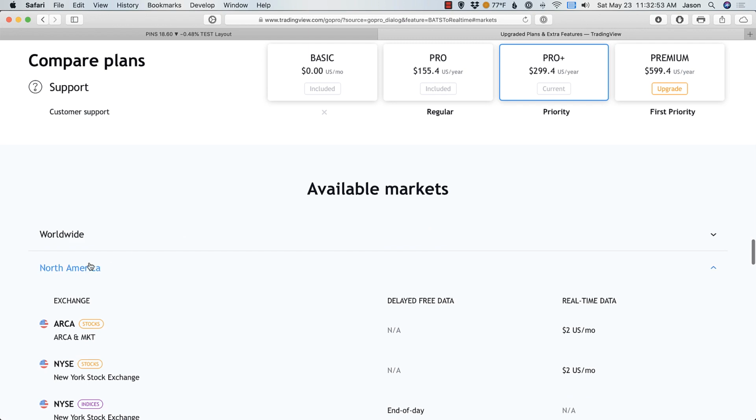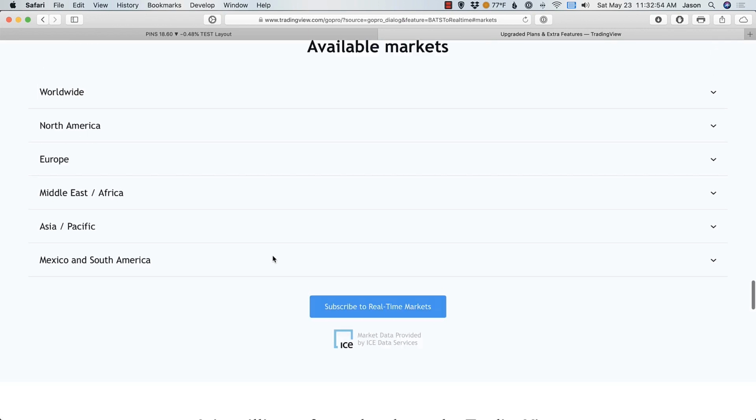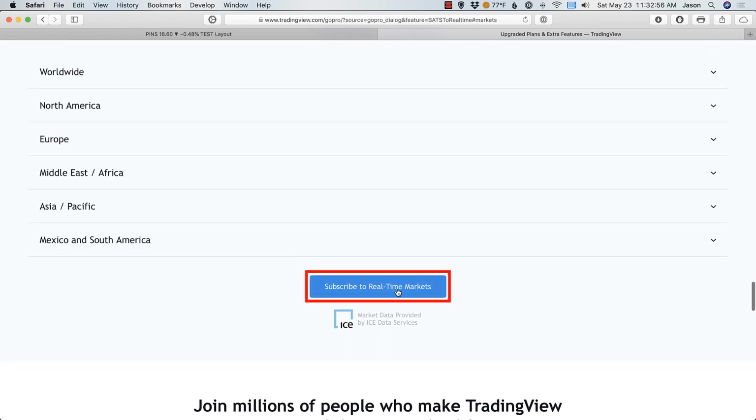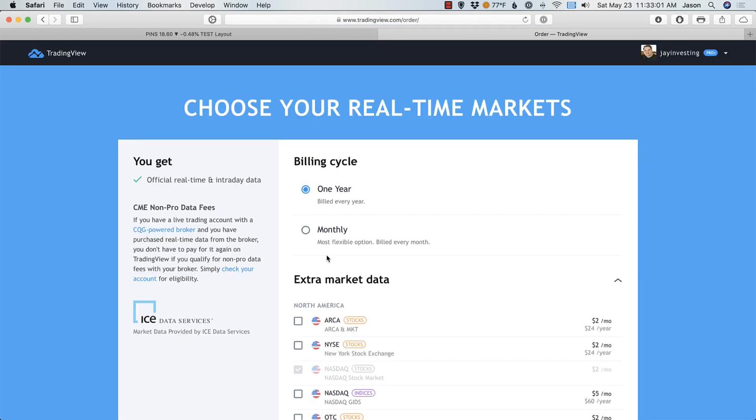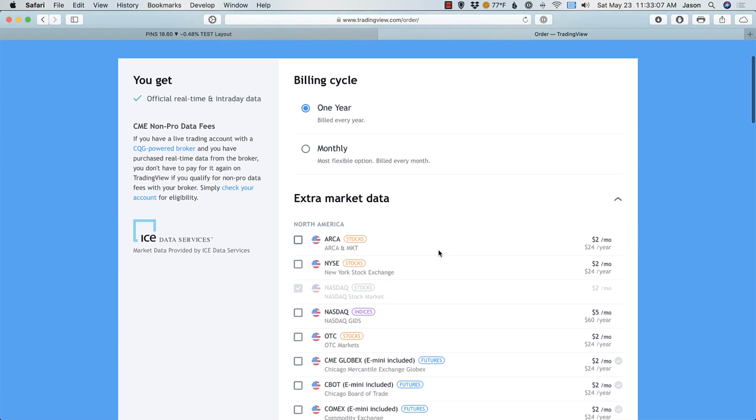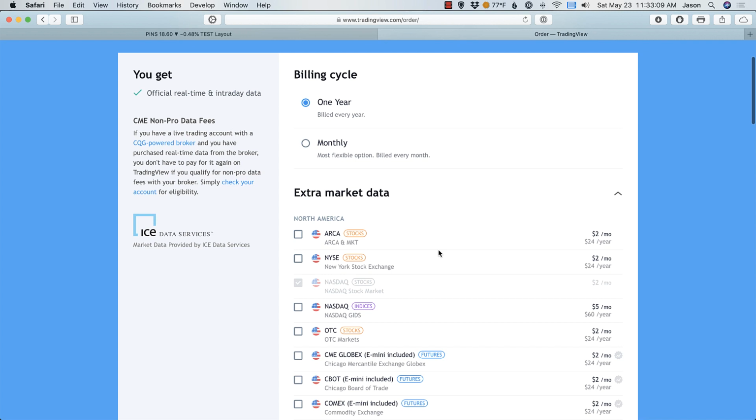for the data. Okay, let me minimize this. So if I scroll down, you'll say subscribe to real-time markets. You have to click this button to finally get to the page where you want to add the real-time market data for your account. Even though you may be paying for Pro or Pro Plus for TradingView, you're